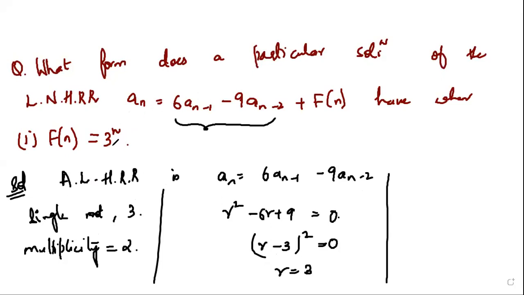Now we have to apply theorem 6 with f(n) of the form p(n) times s^n, where we have the polynomial and s is a constant. We need to check whether our root and s are the same. That is the same, because s = 3 and r is also 3. Both of them are equal and the multiplicity is 2. So we have to use case 2, if you remember. Let's see case 2.